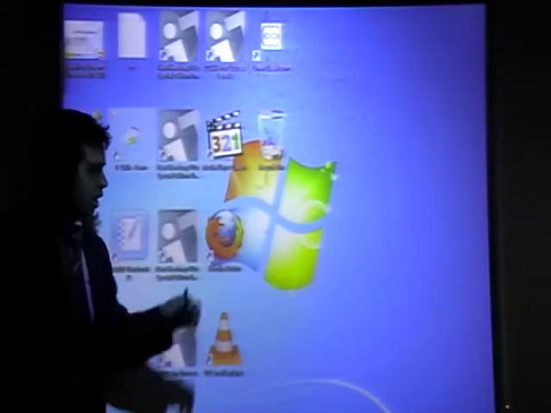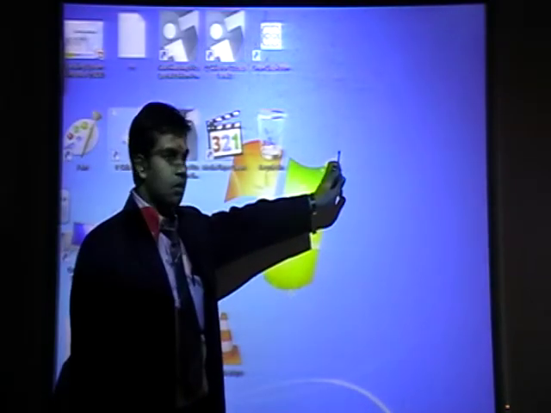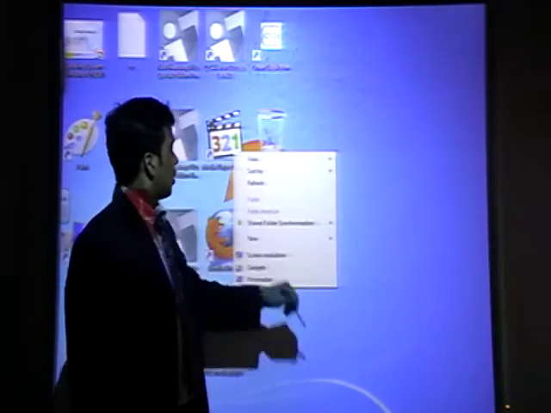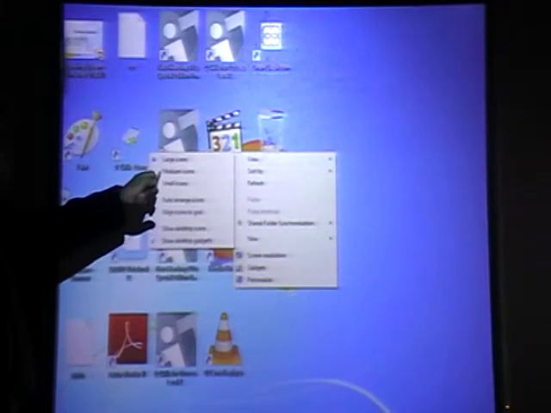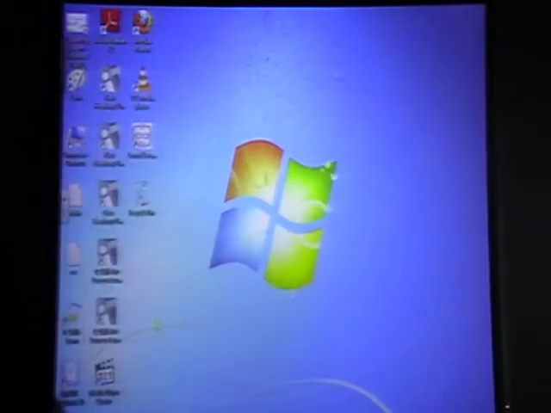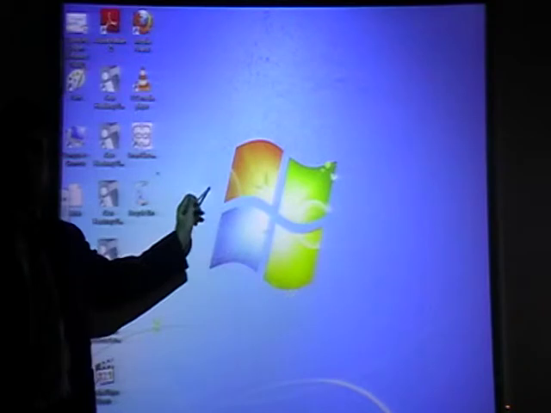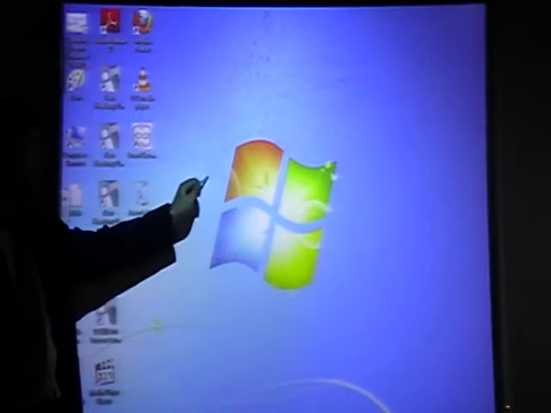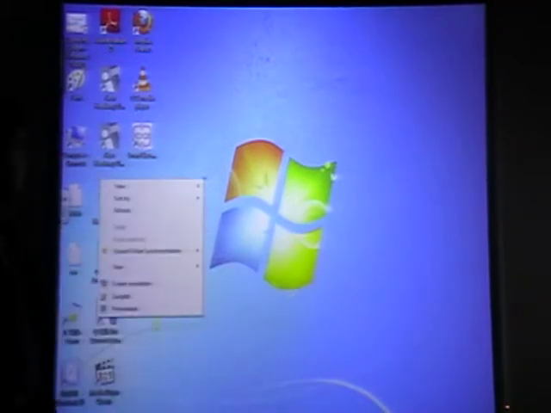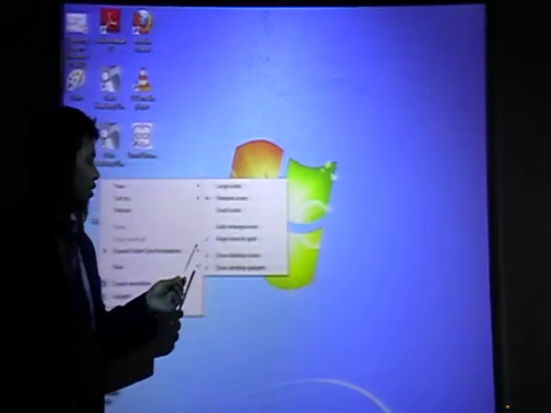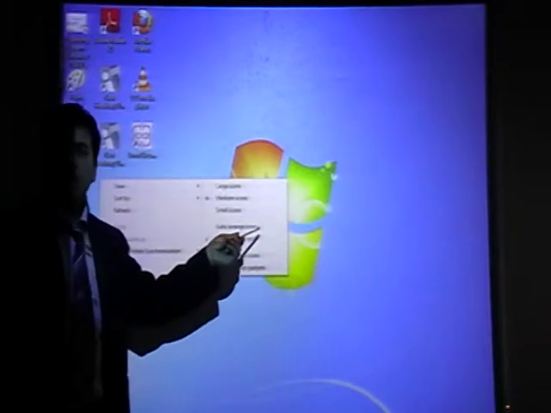Again you right click, go to View, click on Medium icons. I will put it medium. Next, again right click. I will show you one more thing. Right click, View, click on Auto arrange icons.